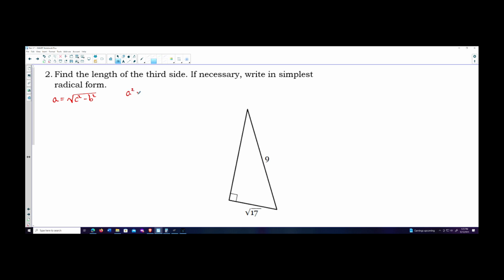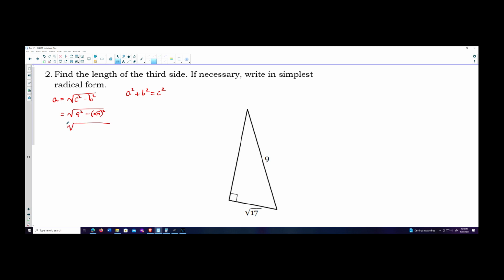So A squared plus B squared equals C squared. That's where we're deriving this formula from. Remember, it's the Pythagorean theorem. I just took a shortcut. And the shortcut will give me A equals the square root of C squared minus B squared when I solve for A. So in this case, it's 9 squared minus the square root of 17 squared,